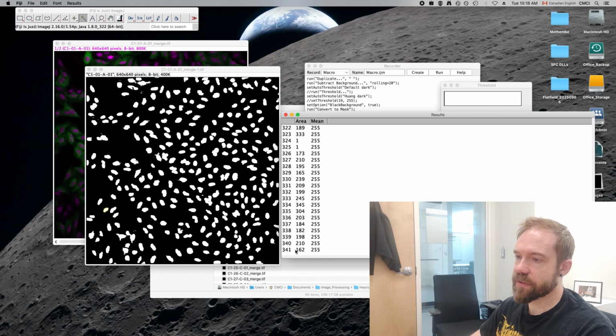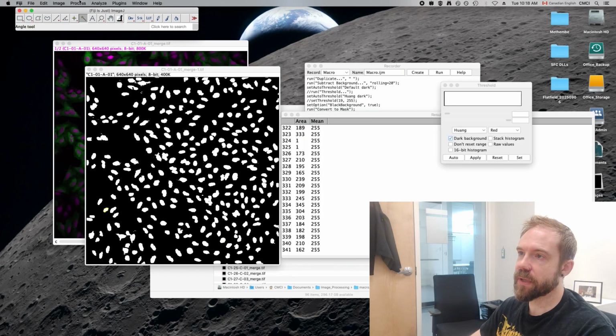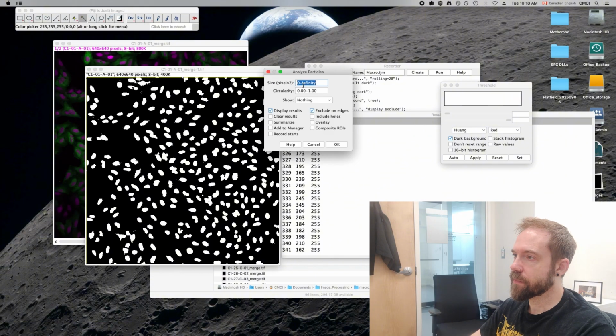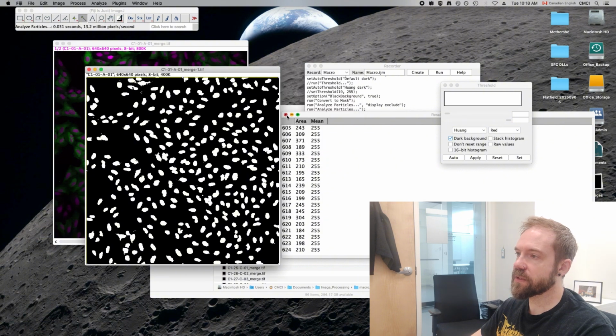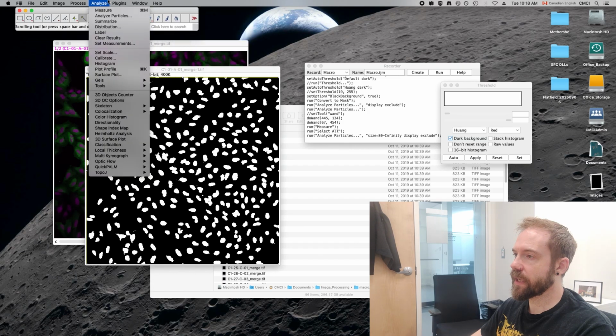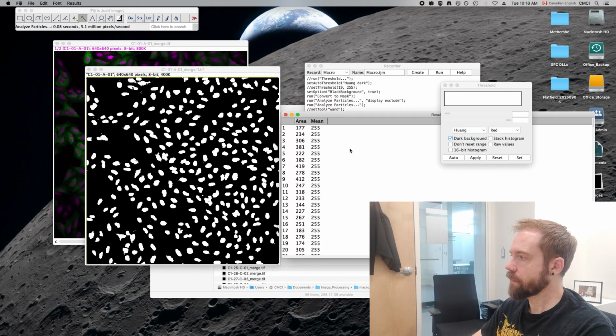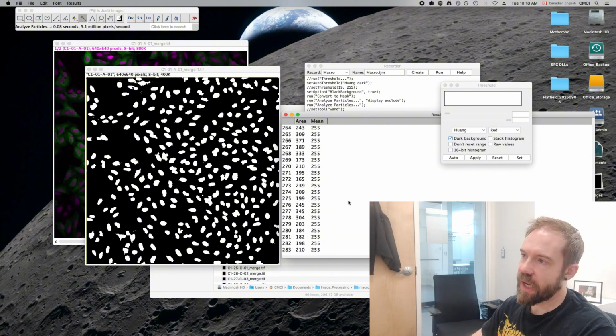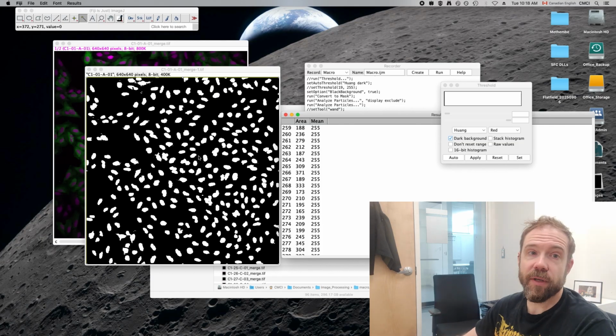There, I've got an area of 162. If I reduce that by, let's just say 50%, because I'm not going to have hit the smallest particle, the smallest cell in here. Close these measurements and then run that again. And I end up with 283 cells, which, eyeballing it, yeah, that seems about right. So did 340, but